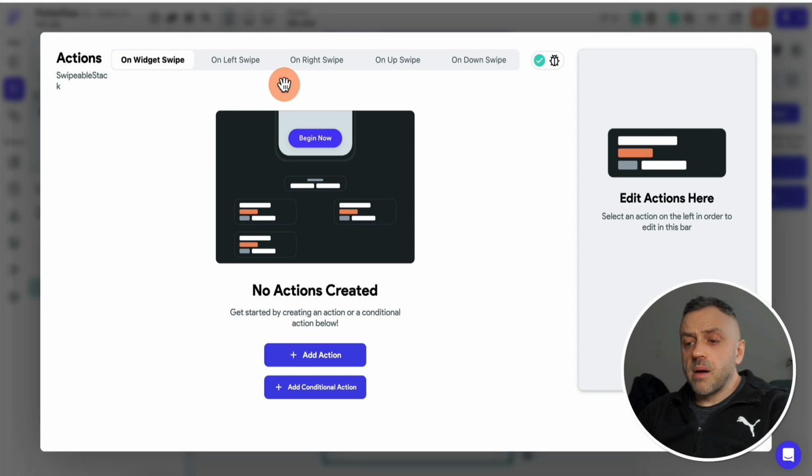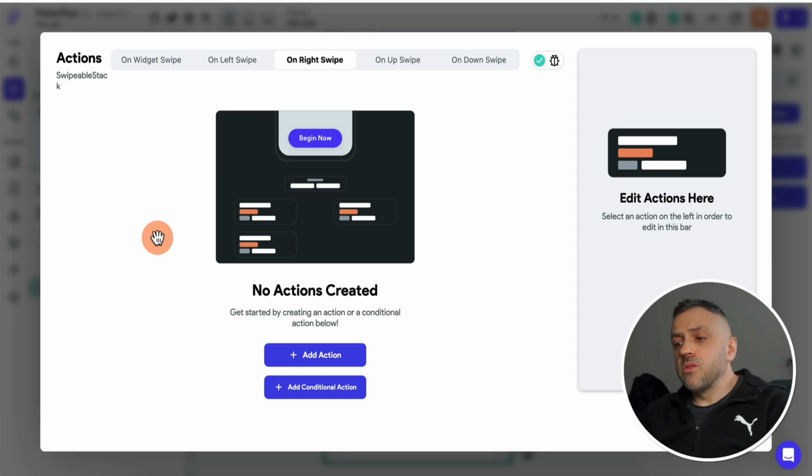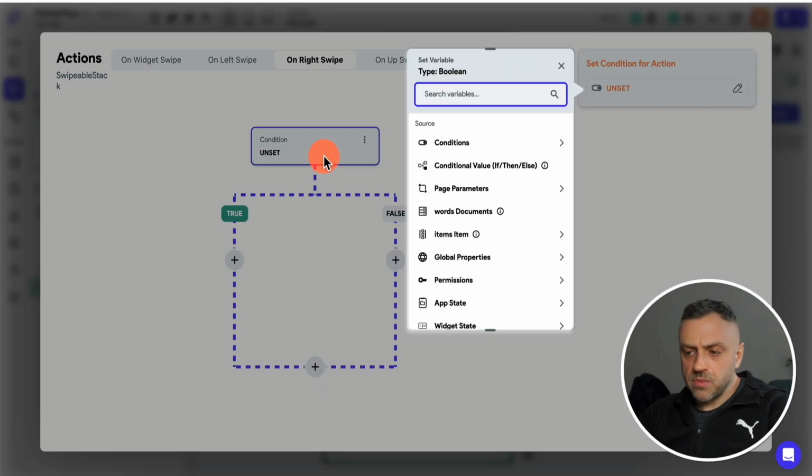But for this app, I'm only going to be working on right swipe, okay? Because the idea is if they do left swipe, it doesn't really matter. But if they do a right swipe, that means they're saying that the word that they're seeing is the same word in a foreign language that they're seeing on top. And that is where we need to tell the user whether they're right or not. So that is why I'm going to be focusing only on the right swipe. And what I'm going to do is add a conditional action, okay? Because when they swipe right, we need to compare the words